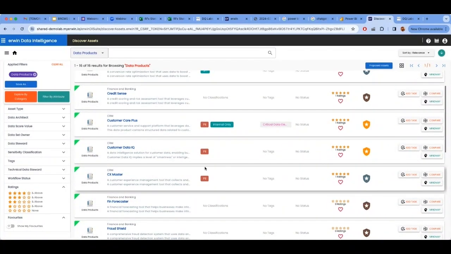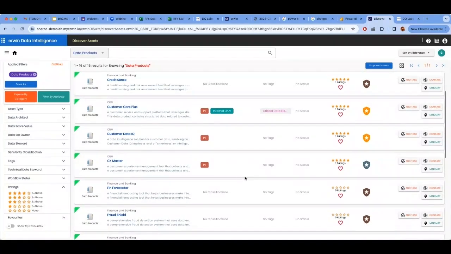I can look at the tags. I can see that they have some confidential information, some sensitive information, and I can look at this badge here, which shows me gold, silver, or bronze, which gives me an idea of the data value score, which Sue was explaining. So if I mouse over one of them, you can see how this score is calculated. I can see that this gold has good quality, it's good ratings, and it's been curated well. So that's why it has an overall 90% score, which translates into a gold badge.